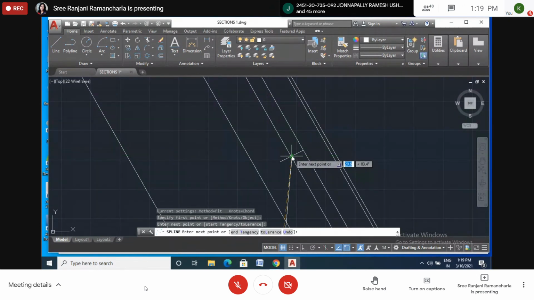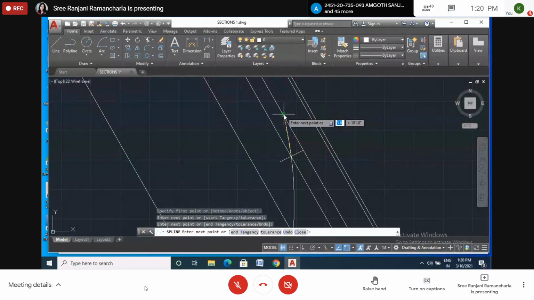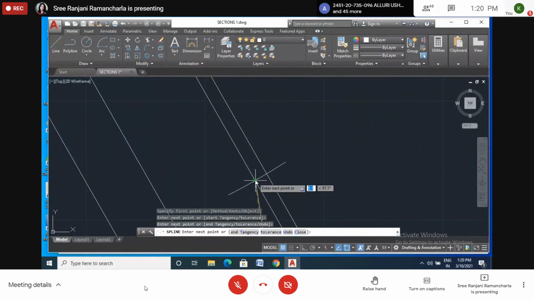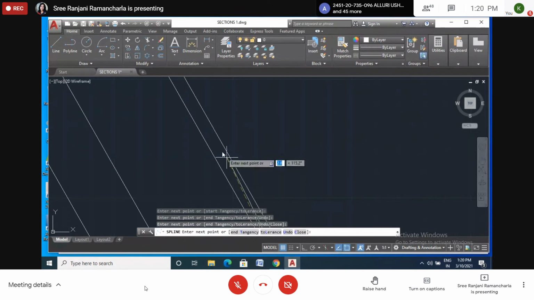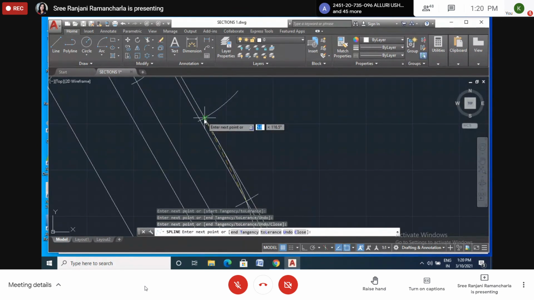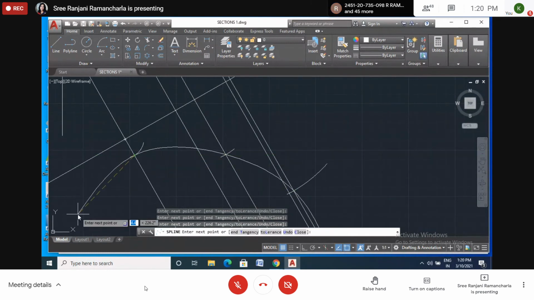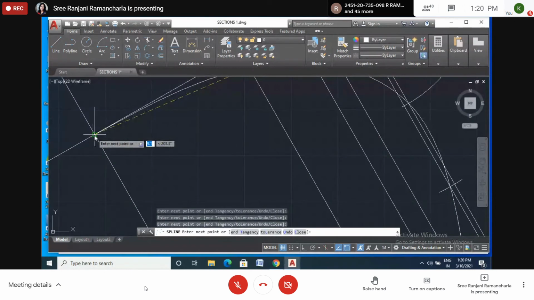You have to select at the intersection point. Don't select at the center point. Please zoom it and select the center point. And here this will be this line. And here this one, and here it is this line.